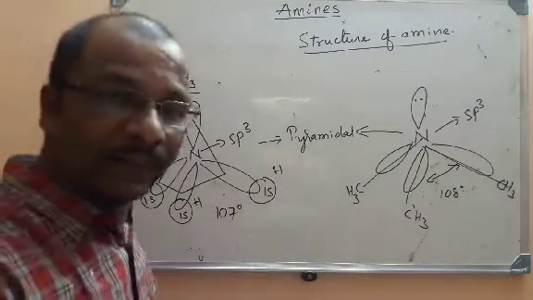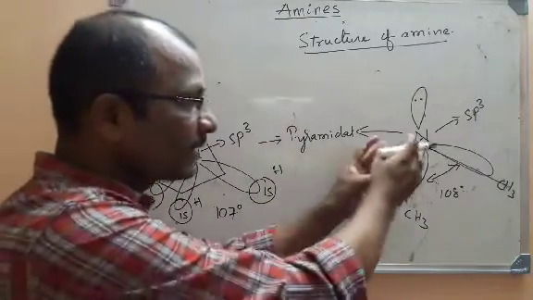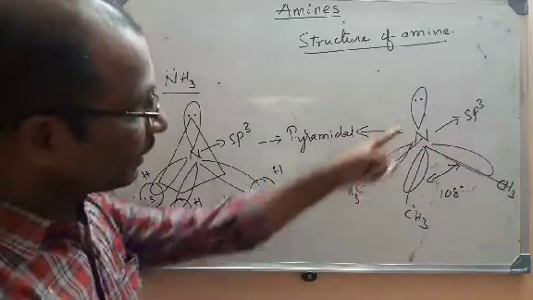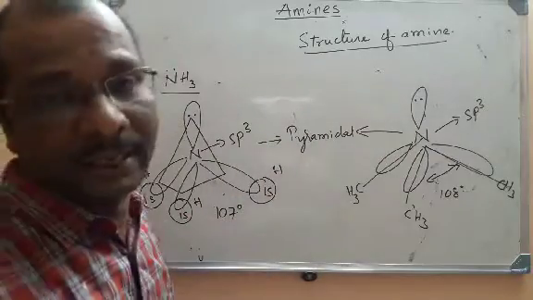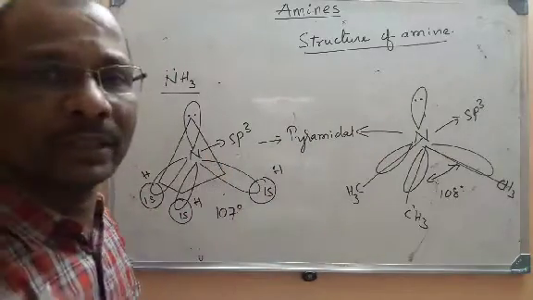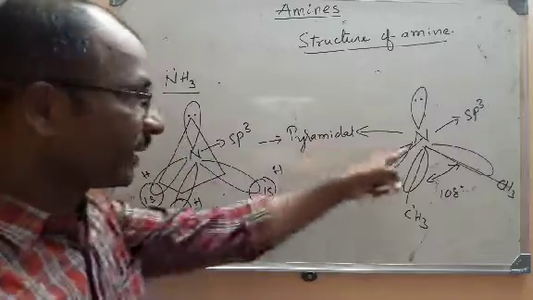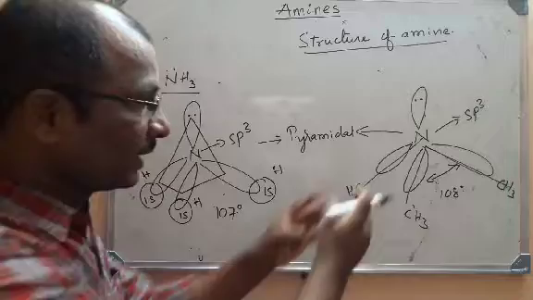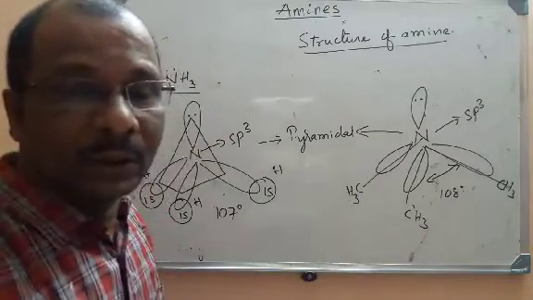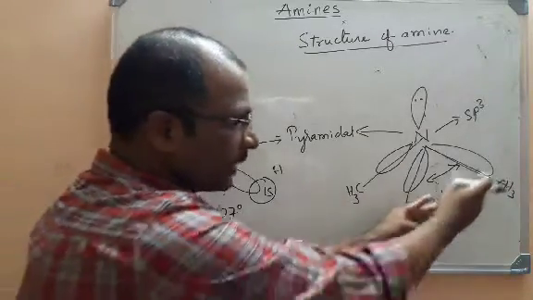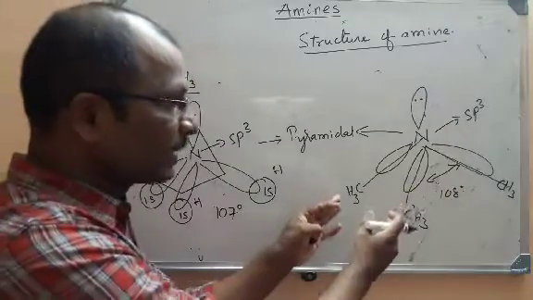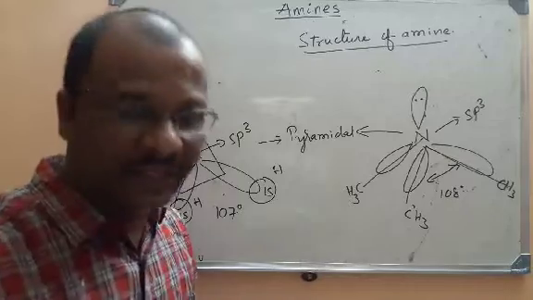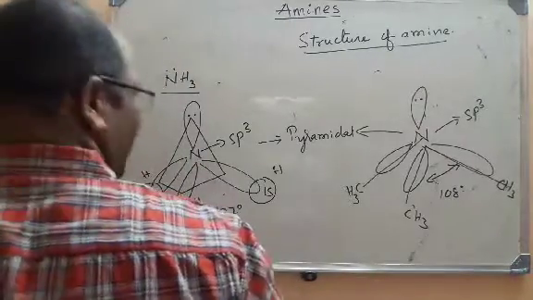So this is the structure of ammonia. Here, amines are retaining the structure of ammonia. Even the lone pair is common in both ammonia and amines. You know that when any molecule has its central atom with lone pairs, it behaves like a Lewis base. So ammonia is a Lewis base, and all the amines are also Lewis bases. The example I have taken is trimethylamine. Here also it is a Lewis base because of the presence of a lone pair of electrons. This is the structure of amines.